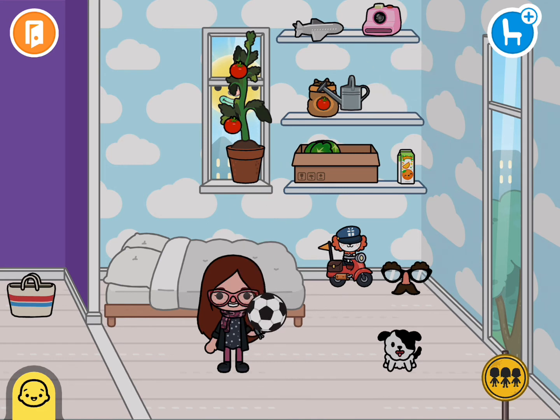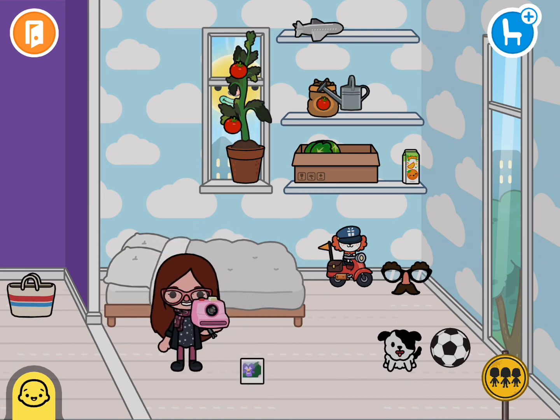Next, I can grab the ball and I can throw it and ask, what did I do with the ball? And then I can grab this orange juice, and if you remember a glass, it'll be a little more sanitary, but I can ask, what did I do with the orange juice? I can grab the camera, and if I touch the camera, it'll actually take a photo, and I can ask, what did I do? Is it I taked a photo? And then last but not least, I can take the airplane and make it fly and fly and fly, and then ask, what did the airplane do?